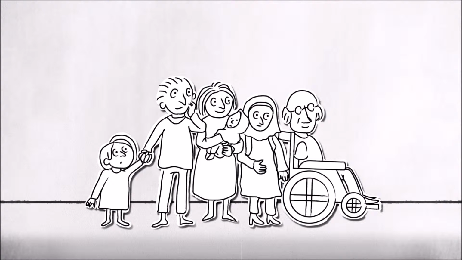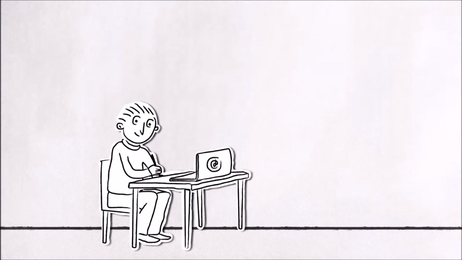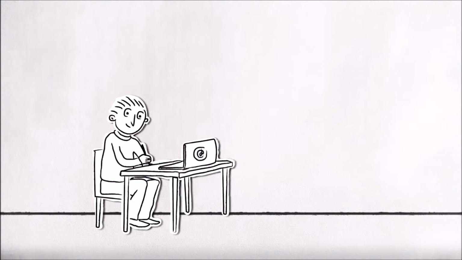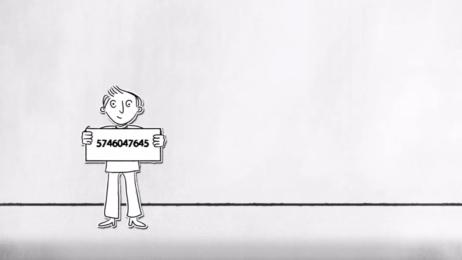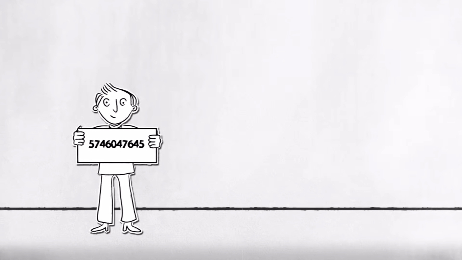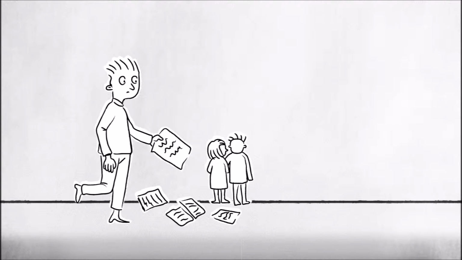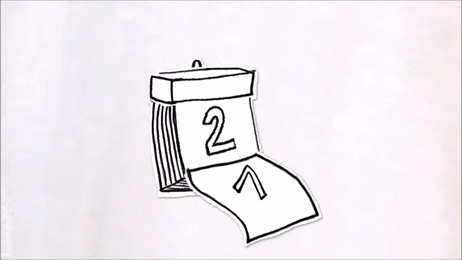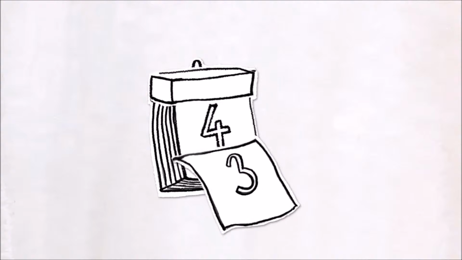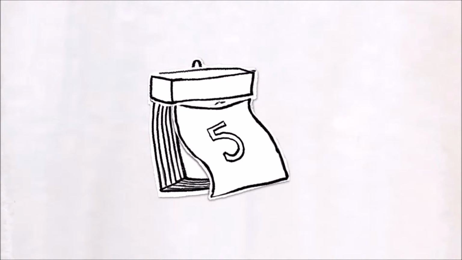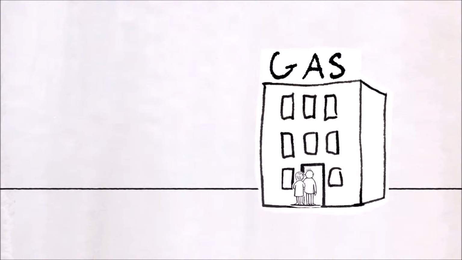If there are several members of your family, please make sure they are present during the Skype call, as the Asylum Service will take pictures of each family member. During your Skype call, the Asylum Service will also issue a pre-registration number to each member of your family. Do not lose this number. They will tell you the date and location of your full registration appointment, which is the second step in your application. They will tell you where to collect your pre-registration card.